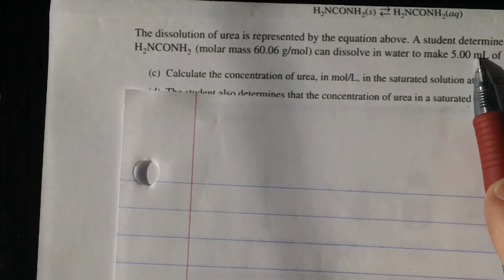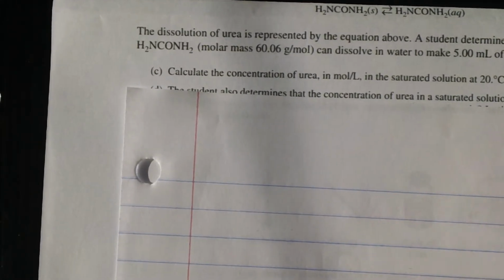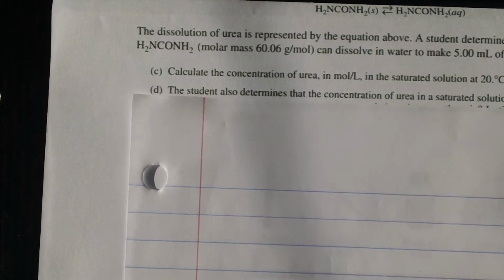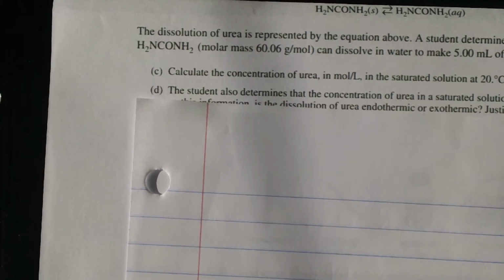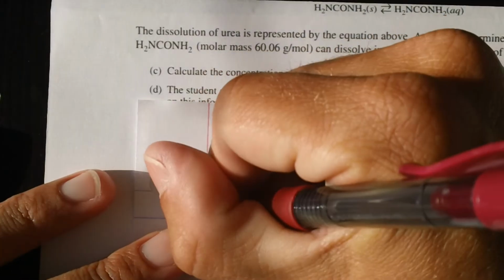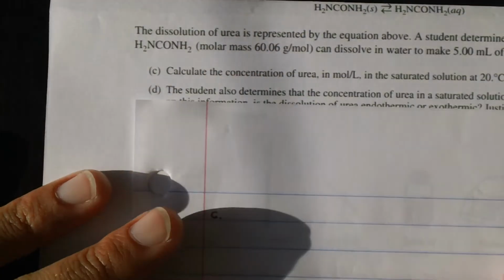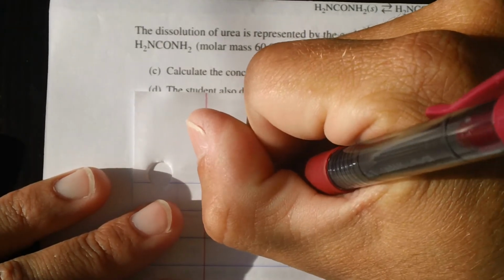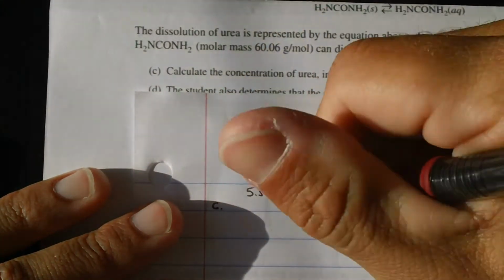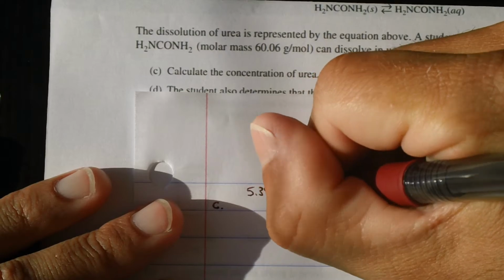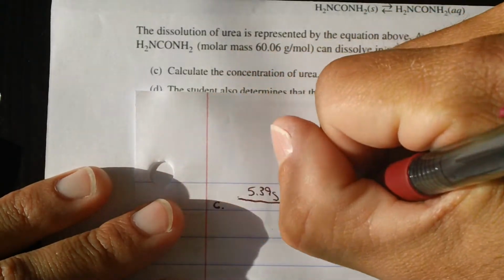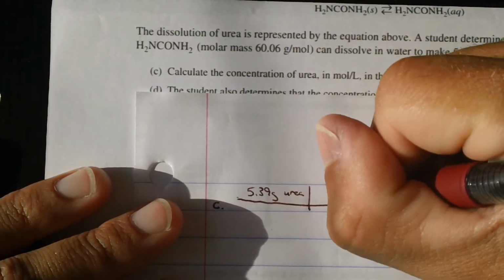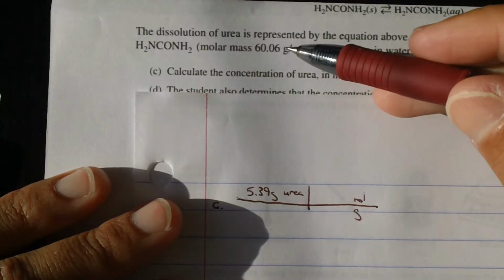We have the milliliters, so we can turn them into liters. We just have to turn grams into moles here on part C. They give us 2 points for this ridiculousness. These are free points, man. We should be up to 4 before we bat an eye. So 5.39 grams of urea. I'm not writing out that whole formula. 5.39 grams of urea, grams to moles. They didn't even make us add up the molar mass. It's sitting right there for us,